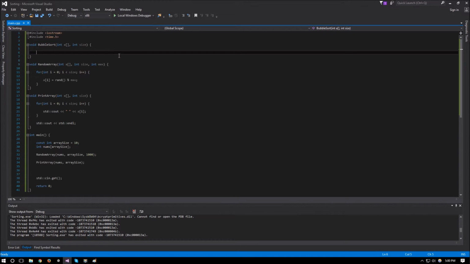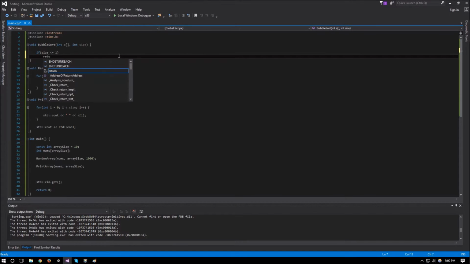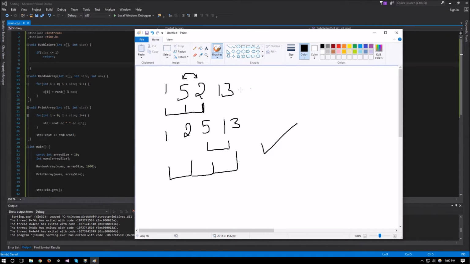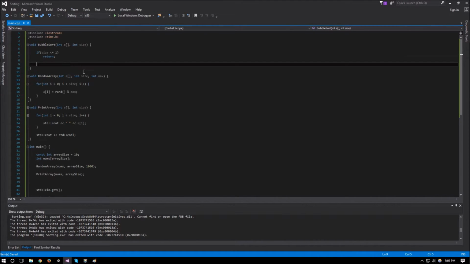You don't need to do anything. So if the size is less than or equal to 1, just return and don't do anything. Now we know that we need to iterate through this until no swaps are made, but we don't know how many times we're going to be iterating until this array is sorted. For that, we can't use a for loop, of course. We end up using a while loop. But since we need to at least iterate through the array once, we end up using a do while loop